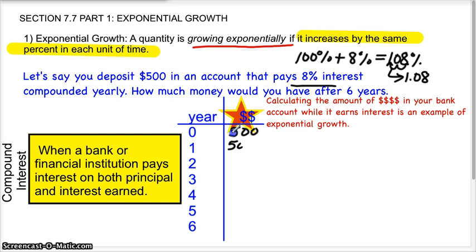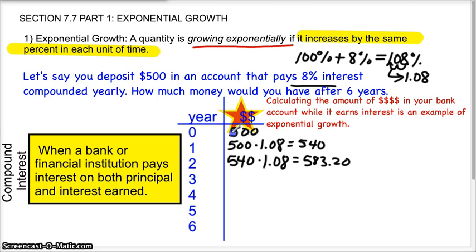So I have $500, and I need to find what 108% of that $500 is. That tells me at the end of the first year, I will have $540. Starting the next year, I will begin with $540, and I will then get 108% of that $540. When we type this into our calculator and round to the nearest penny, we have, at the end of the second year,